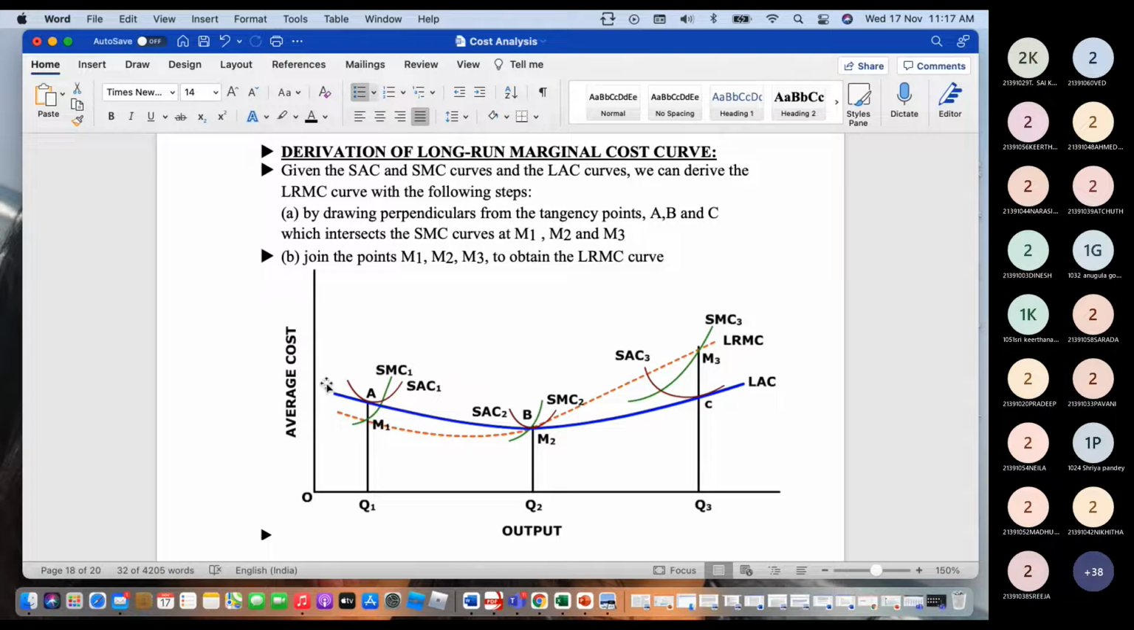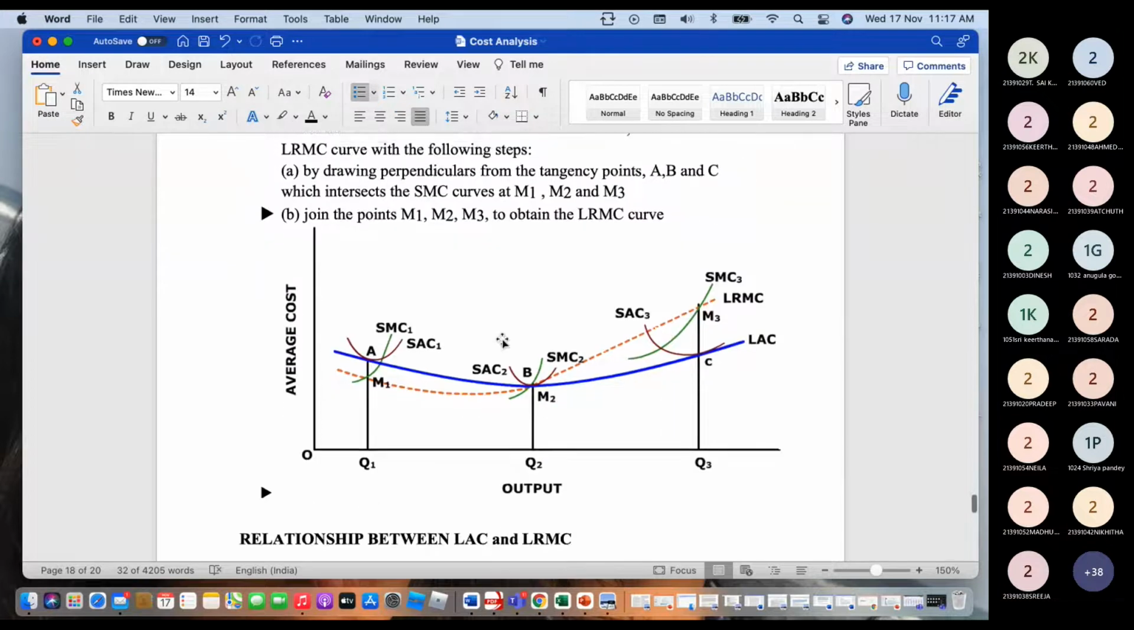SAC and SMC, the relation is that when the average cost is decreasing, the marginal cost also is decreasing and lying below it. SMC cuts SAC at its minimum point, and when the SAC increases, SMC also increases and it lies above it. So students, if you look into this graph,